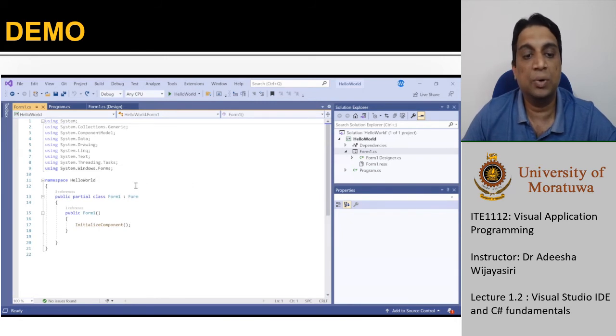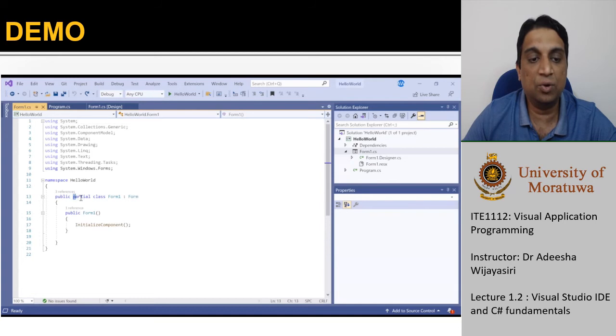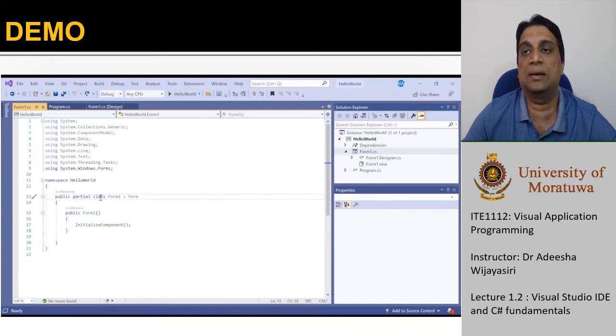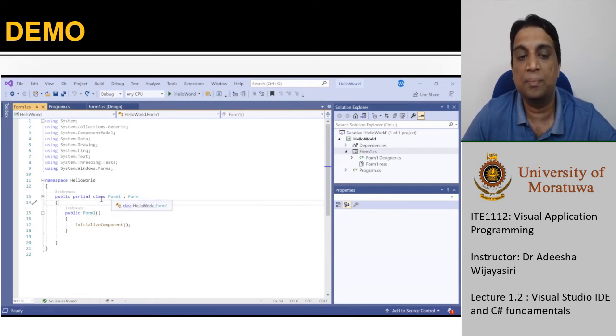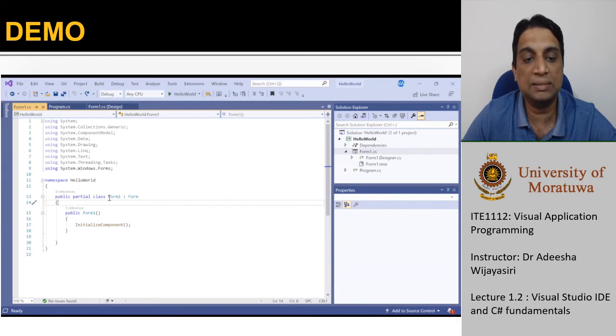Here you can see a keyword called partial. That means this is a partial class, like half of a class. The name form1 is just the name of the class. We will have another file which is also a partial class with the same name. So it's the same class, but divided into two for ease of reference.